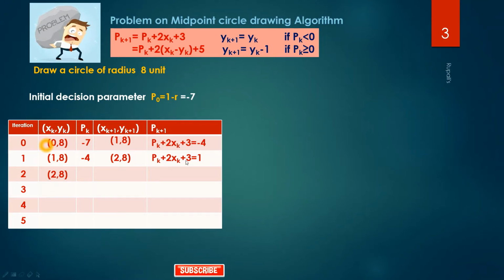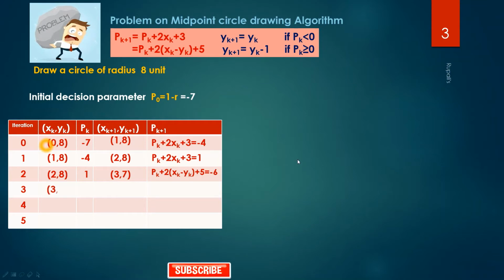So, what is the decision parameter value? It is 1. What is the next point? It is 3. And because the decision parameter value is positive, which case is it? Second case. If second case, what is the value of next y? It is yk minus 1. What is yk? 8. 8 minus 1 is 7. So it is 7. Now it is positive, so what is the decision parameter value? It is the second case, that is this second formula. So, we get the value.